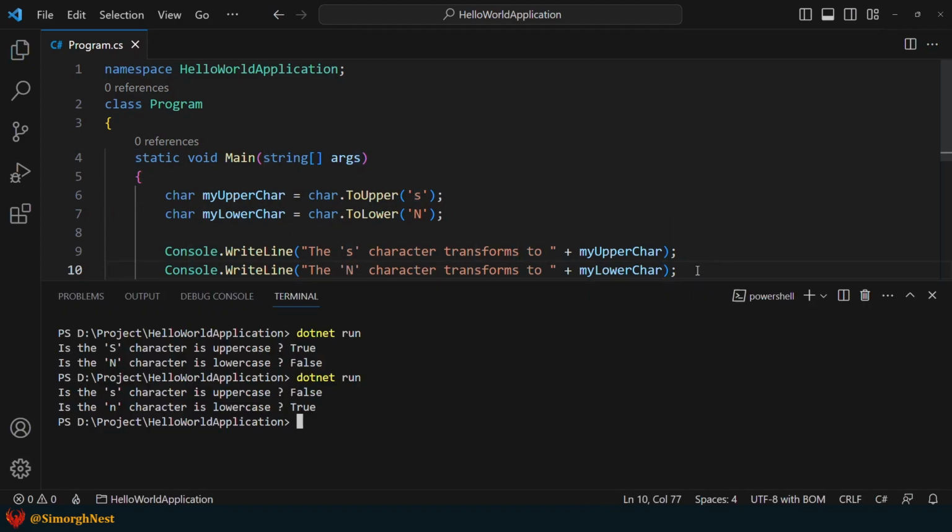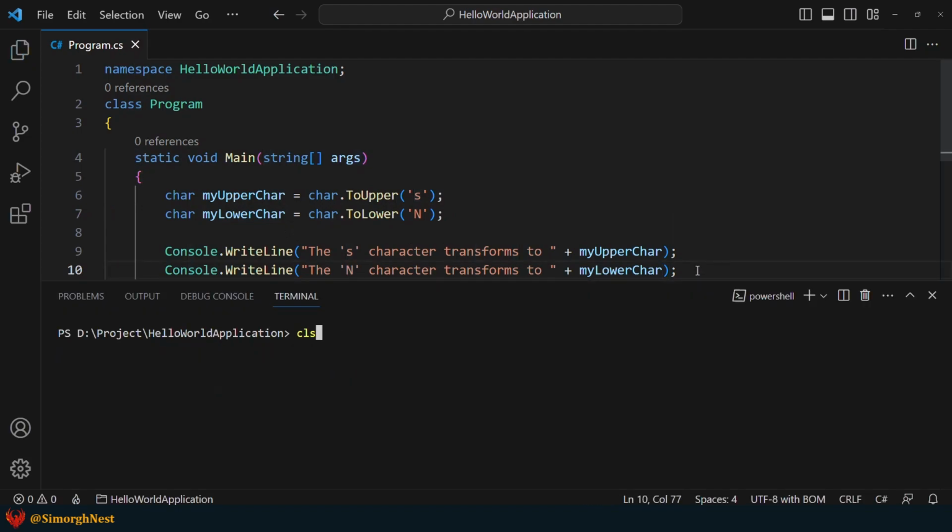Save the file and run the application. As observed in the first example, the toUpper method successfully transforms the lowercase s into uppercase s, while the toLower method converts the uppercase n to lowercase n.